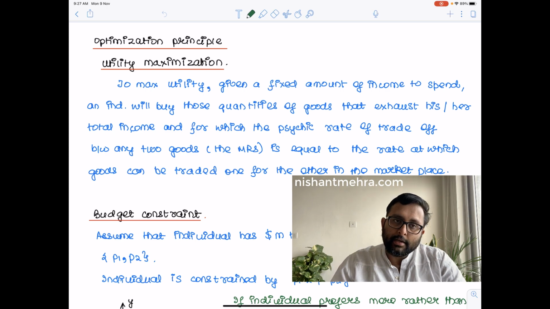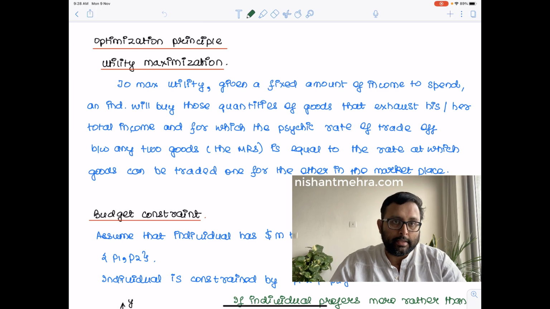So we'll see that the consumer is going to have an equilibrium at the point where the MRS is equal to the price ratio. Price ratio is what you are getting from the slope of the budget constraint. Now, price ratio is, you can say, the objective rate of substitution that is given by the market. Market thinks that good 2 can be substituted in terms of good 1 in this ratio, while MRS is the psychic rate of substitution or subjective rate of substitution.